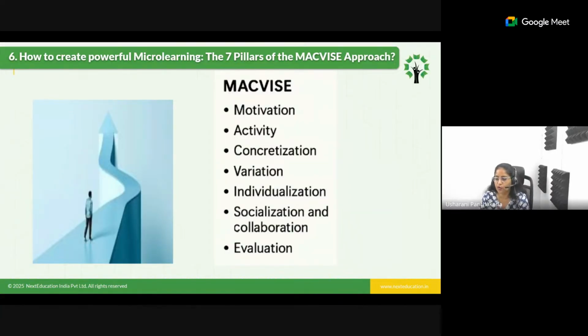Maybe you have 4 groups: blue, red, green, and yellow. You can tell them, like, the blue group will take up water pollution, the red group will take soil pollution, then you have noise pollution and air pollution. You can distribute the four among all 4 groups. At least not everyone can come forward to do the session, but in each group you can see 3-4 participants coming forward. The next time you just encourage the next students to come forward.